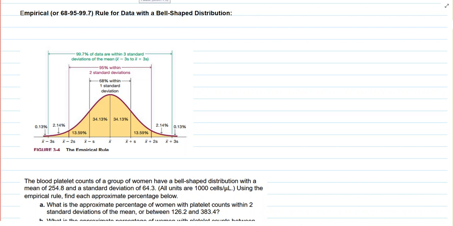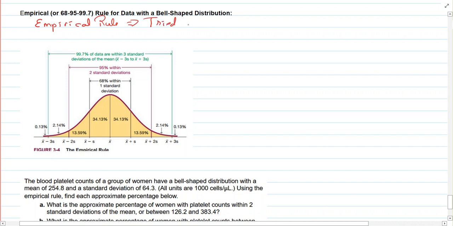Well, now we're at the very last section of a one problem example regarding one of the most used concepts in statistics, and that is the empirical rule. Empirical means tried and true. So, this empirical rule separates a bell curve, which